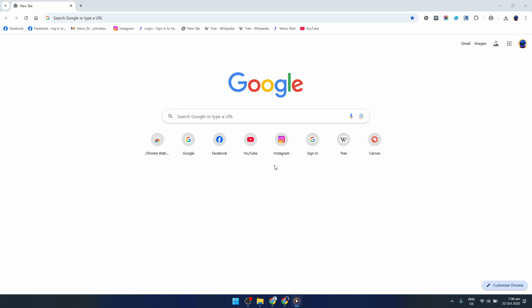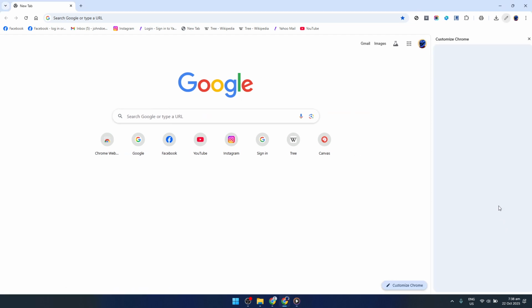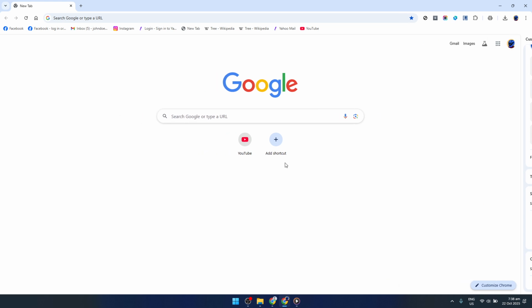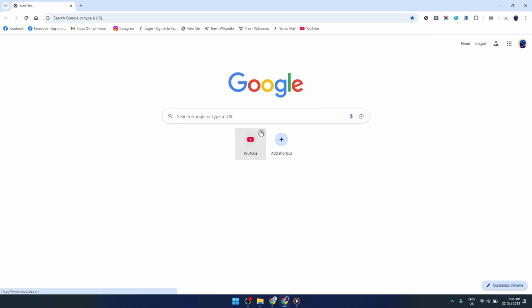First, open Google Chrome and navigate to your home page, where you can see all the available shortcuts that Google has automatically compiled based on your browsing history or those that you might have added manually. Spend a moment scanning through the shortcuts to decide which ones you want to keep and which ones could be removed. This gives you a sense of what's most relevant to you and tidies up the digital landscape you interact